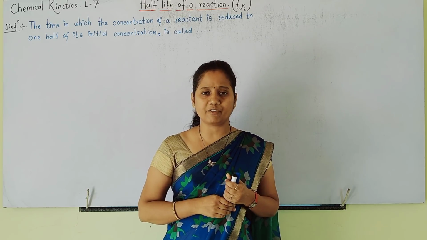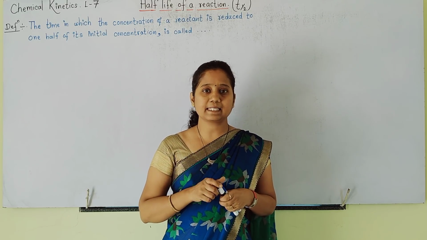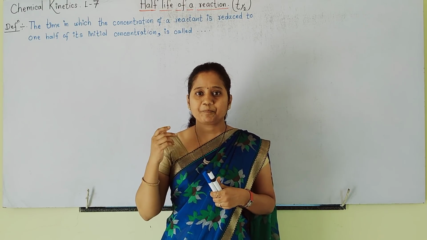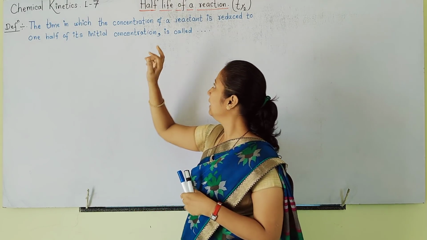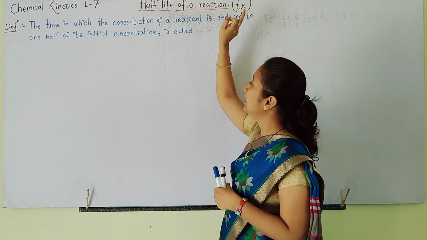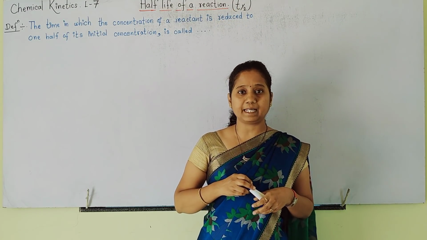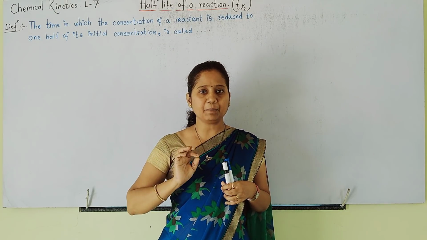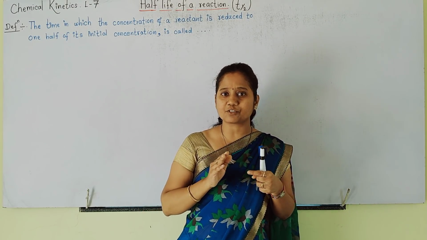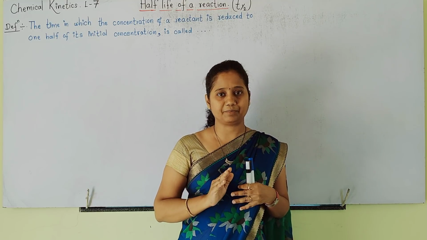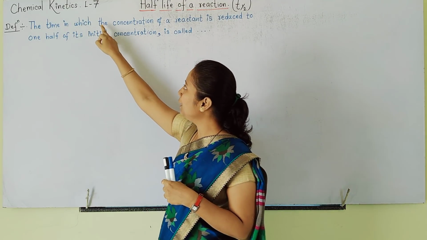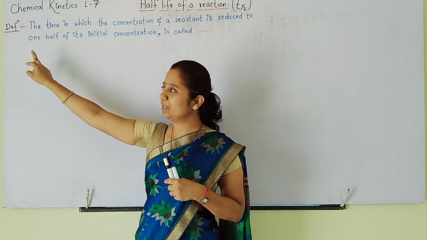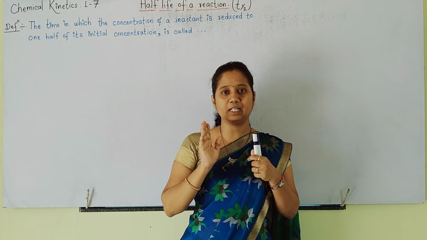Understanding? Let us see the derivation. Both derivations are very important. As it is, you should write down the things afterwards. Let us first understand. I have written the heading half-life of a reaction. It is indicated by symbol T half. What is the definition of half-life? Time required to reduce the initial concentration of reactant to its half. Time in which concentration of reactant is reduced to 1/2 of its initial concentration.